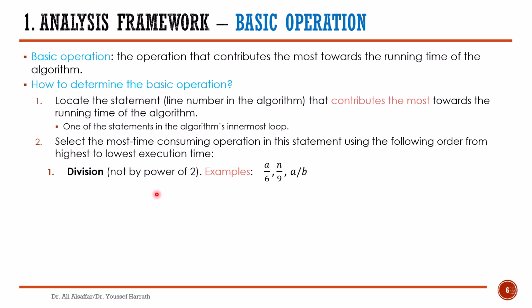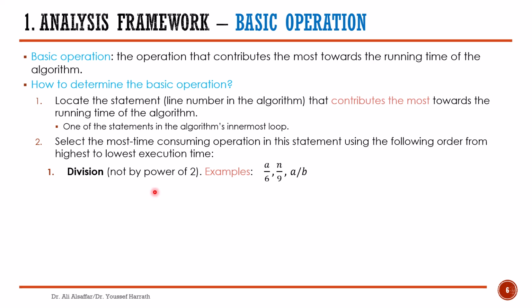In fact, division by a power of 2 takes fewer execution cycles because the hardware implements it by shifting bits to the right. For example, dividing a number by 2 is implemented by shifting the number 1 bit to the right, dropping off the rightmost digit. And dividing by 4 is implemented by shifting the number 2 bits to the right, dropping off 2 bits. And so on for division by 8, 16, 32, 64, any number power of 2.